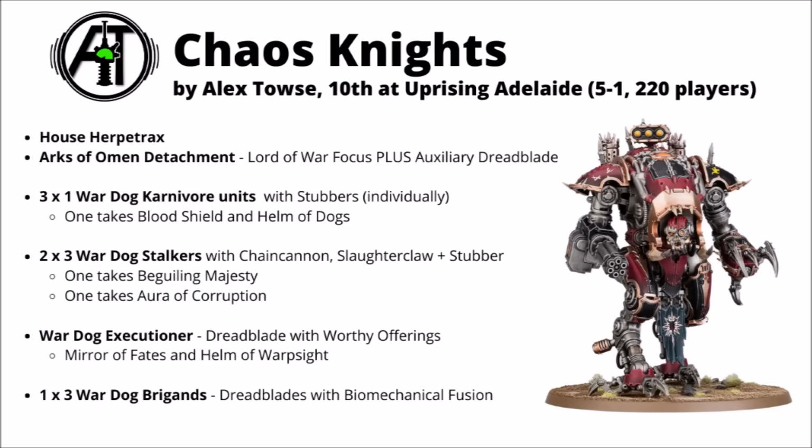In the list there's 3 individual Wardog Carnivore units, all of them have stubbers and they're all fielded individually. That means that you have a fair bit more flexibility with setting them up and also not having to deploy all of them at once, so the enemy might reveal a few more drops. One of them also takes the Blood Shield with the Helm of Dogs, so that one gets an Ignore Invul saves for a turn, an extra attack to punch through all those Invuls with, plus some rerolls for